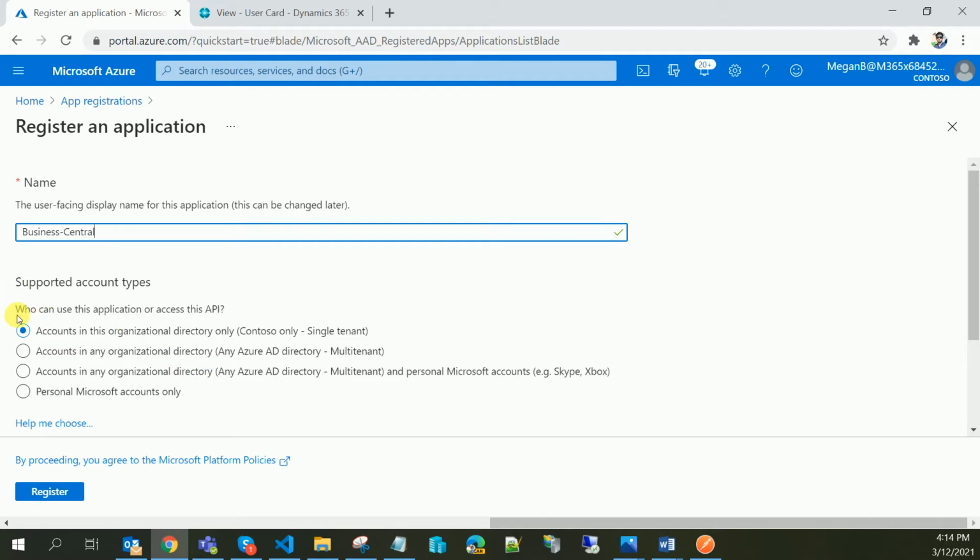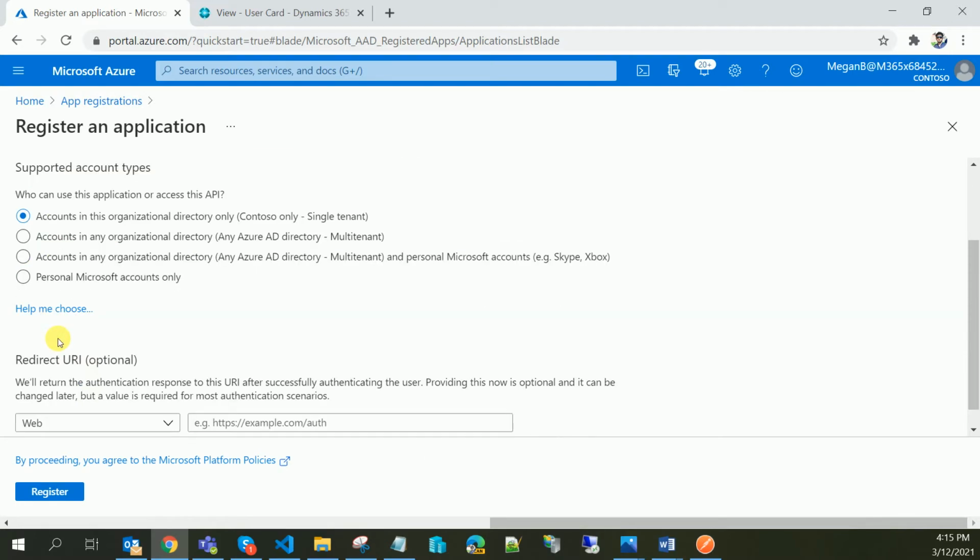Here you choose who can use this application or access this API. I have a single tenant environment, so I will choose single tenant. If you have a multi-tenant, then you will select multi-tenant. For this session, we will go with single tenant.